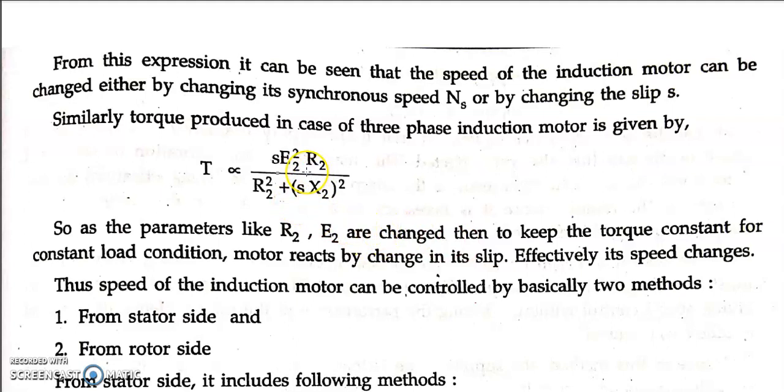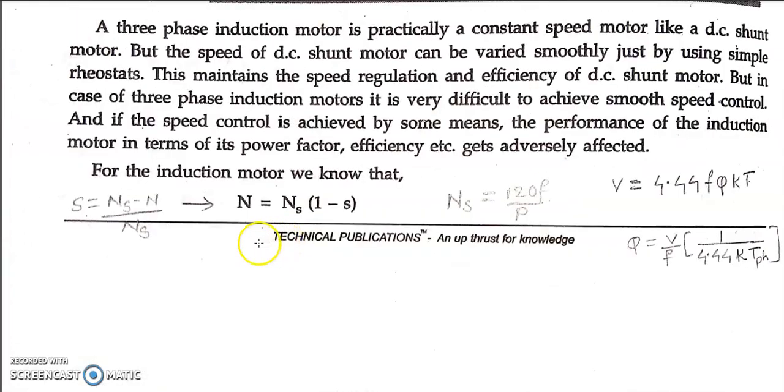Just remember, you can take an example scenario. Say your motor is running for so and so load, a constant load, and now I am going to vary the E2 as well as R2. Better to do it with R2 itself. R2 can be changed by connecting your rotor resistance to an external rheostat, like I said in my earlier video. So if I have control over R2, then what happens? The slip does change. If slip changes, then I can have control over n. So this is how we can control the speed of the induction motor.